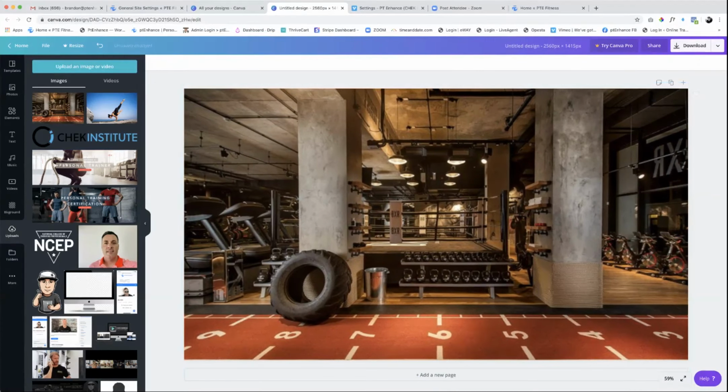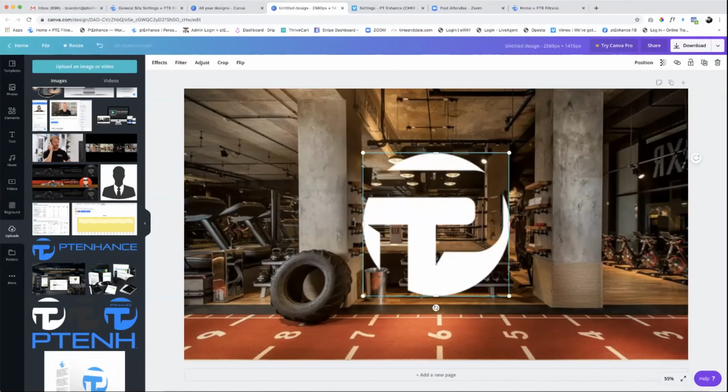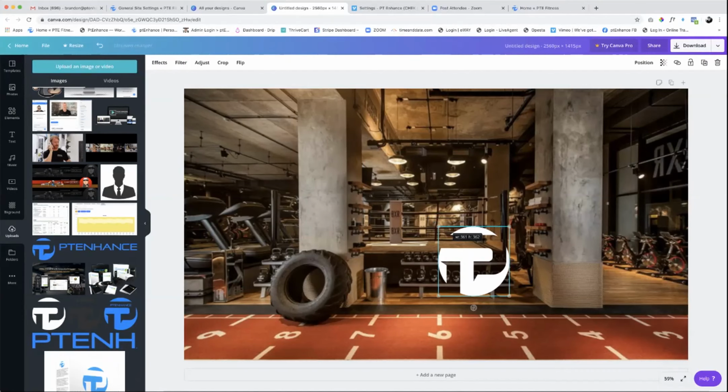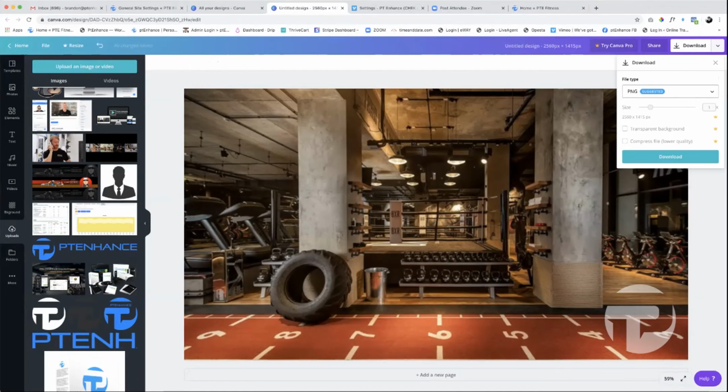Now what this is going to do is that's going to actually now be my image, right? So if I want to put my logo on here, let's just say maybe put a logo on there or something like that. I could put a logo on here, whatever I want to do, right? This is what's cool about Canva, is you can go in there and create some pretty cool looking images, and then you can put your name up on the top of it. And once you save it, you'll hit download. You want to download it as a PNG, okay? So once you download it here and hit download,